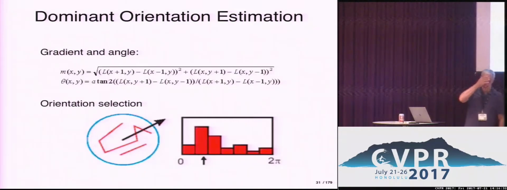So this is the first step of the SIFT pipeline, it gives you the interest points. Once you've done this, given the interest point, you are going to histogram all the orientations around that interest point and look for the dominant one. And that dominant one is going to become essentially your reference, and all other orientations in the neighborhood are going to be expressed as differences with that reference orientation,